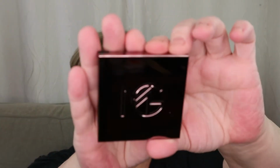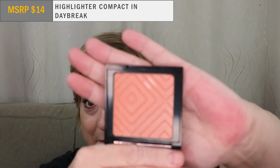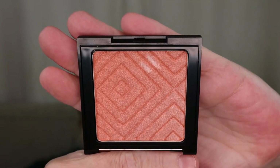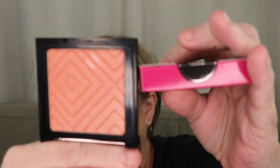Their packaging is beautiful, except for fingerprints. This is a highlighter in the shade Daybreak. Okay, so many comments. This does not look hot pink, so thank God. But why would you, I don't understand. Too dark for highlighter, but maybe I can use it as a blush or blush topper. All right, well,